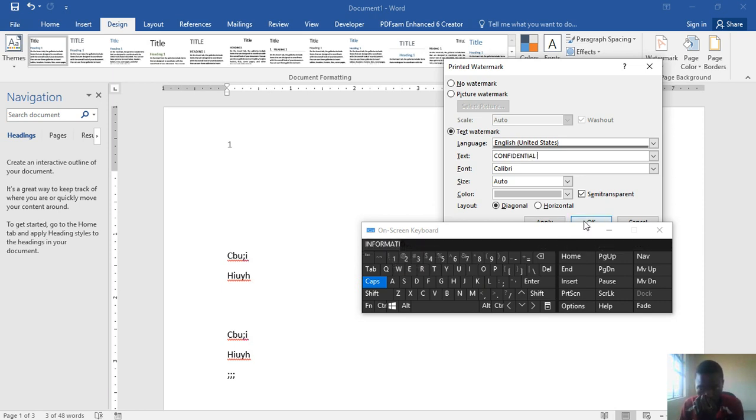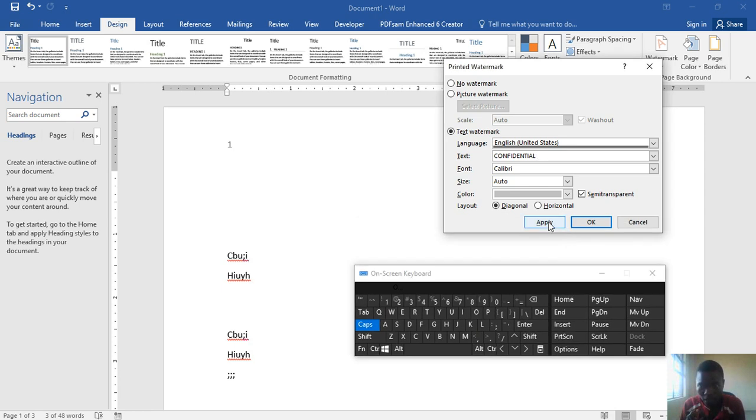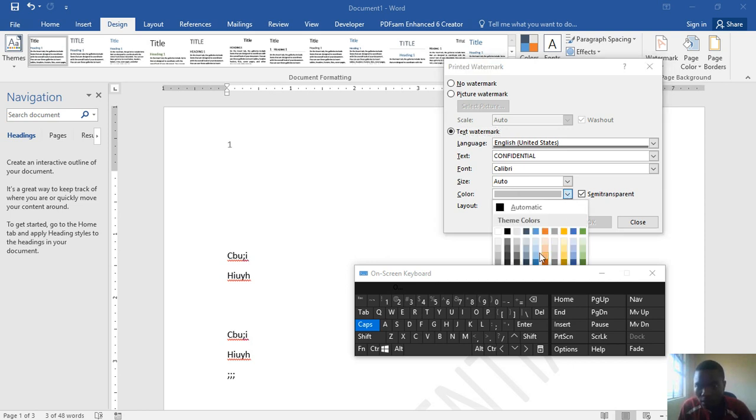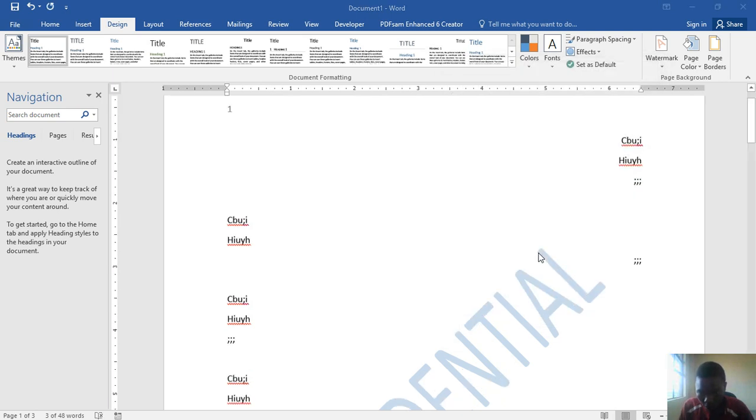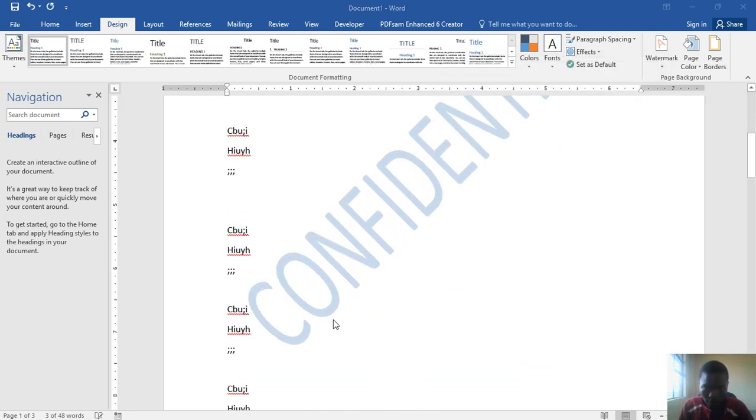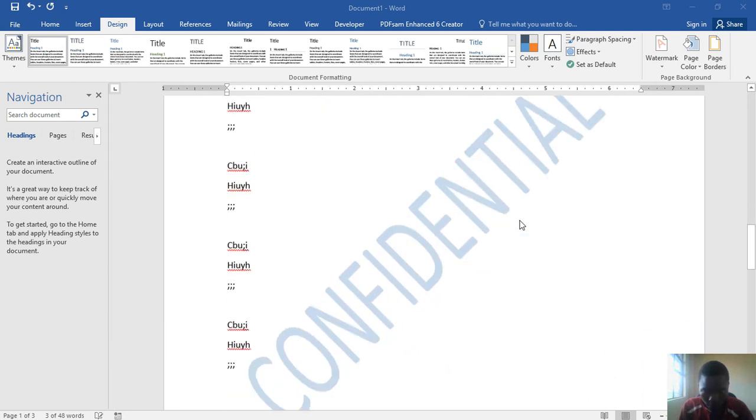And then I can say apply, and then it's done. So you might not see it, so let's just give it another color and then apply it, and then we are done. Close it. So confidential is now there. It's now appearing as our watermark